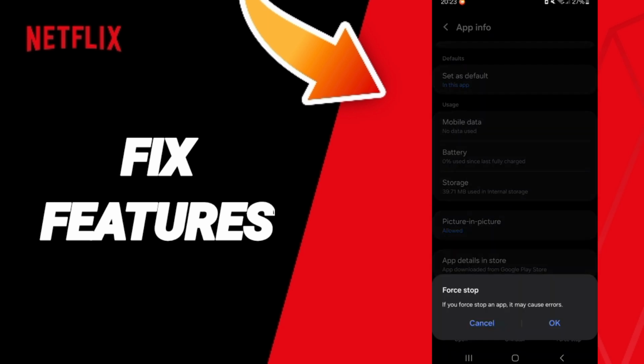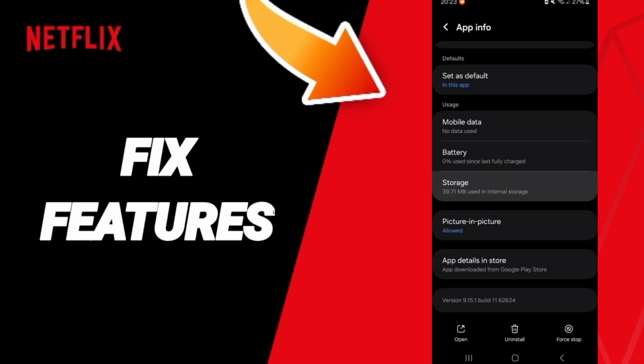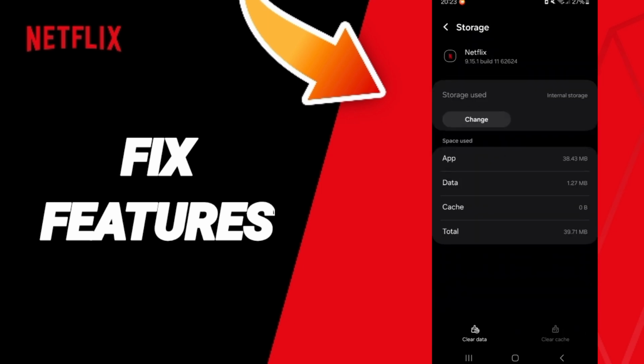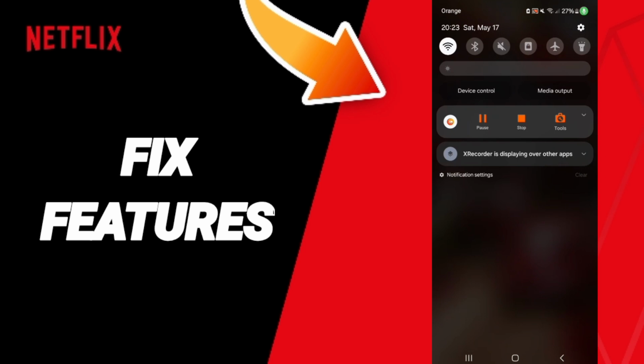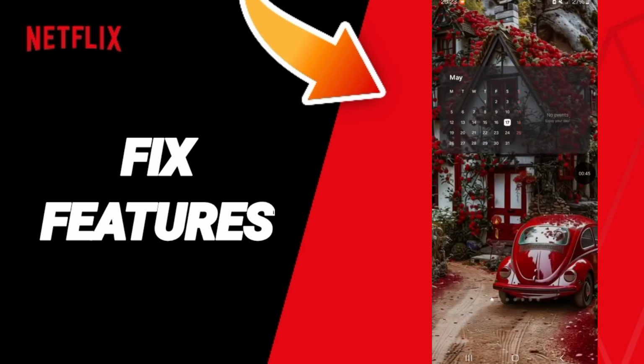Then we click on force stop and you will click OK. Then we click on storage. Here you will click on clear cache. In the end you will turn off your Wi-Fi and you will turn on your Wi-Fi again to fix that